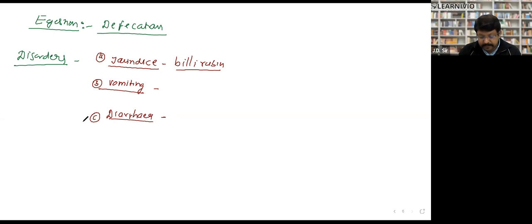Diarrhea is an increase in the frequency, volume and fluid content